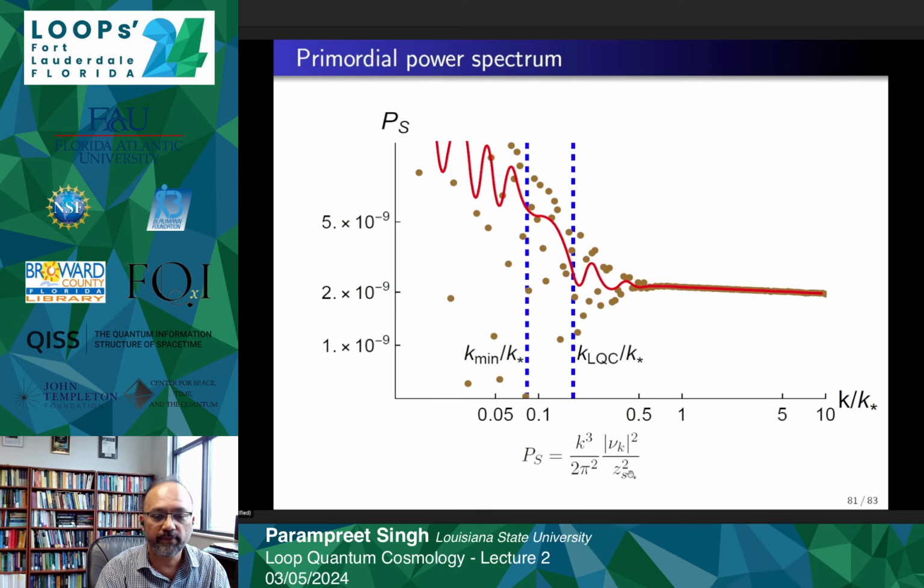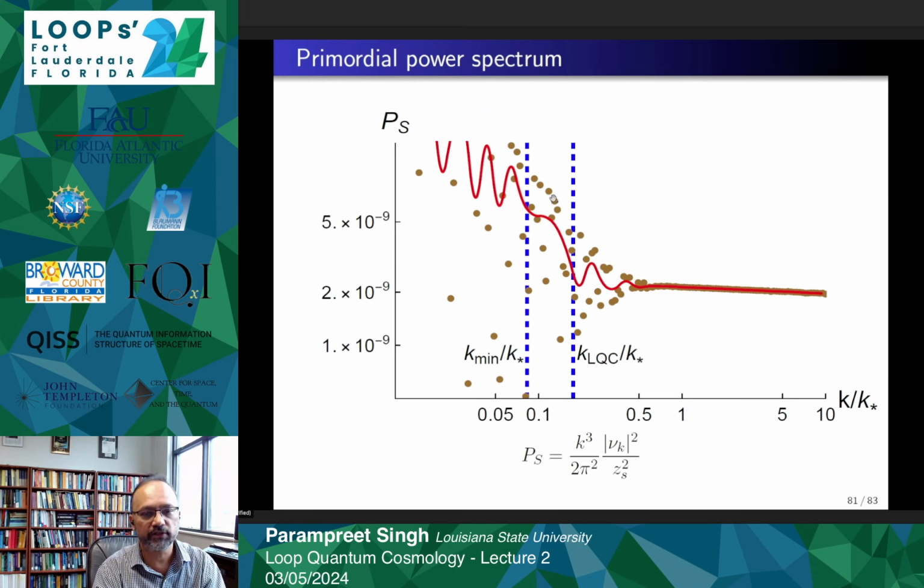So this is the primordial power spectrum, which is the square root of the Mukhanov-Sasaki power, essentially, roughly speaking, the square of the Mukhanov-Sasaki variable in Fourier space divided by Z, which I was mentioning. What is that Z? The main idea is that you take your favorite inflationary potential, choose your approach, do the perturbations the way, for example, Langlois does, plug in the quantum geometric corrections, and then you can very carefully choose a